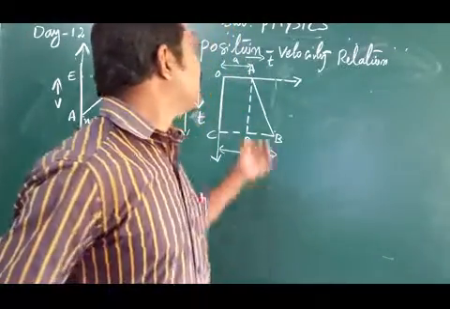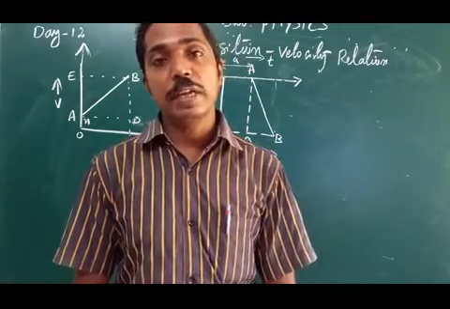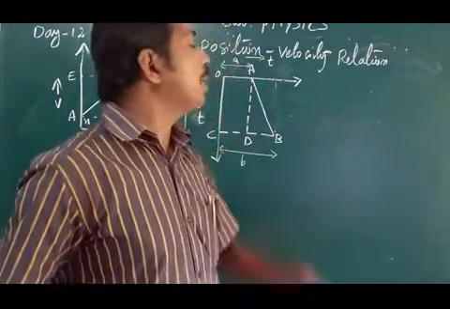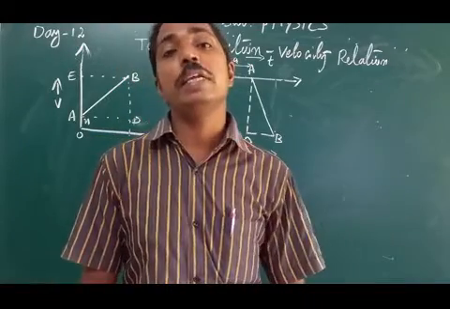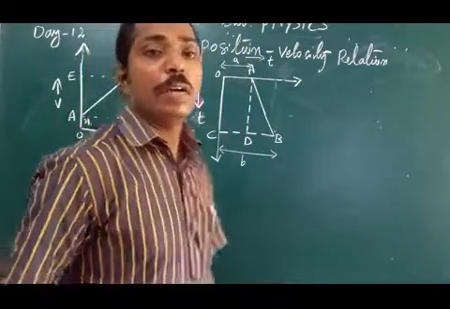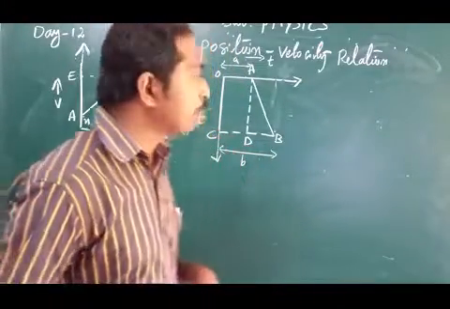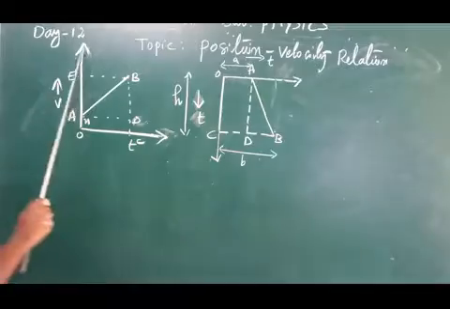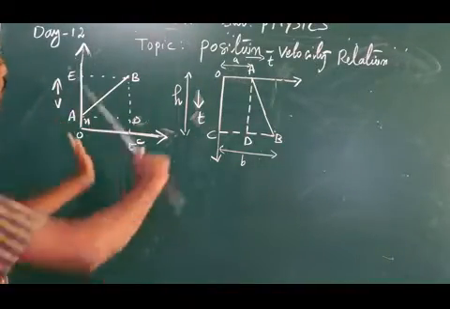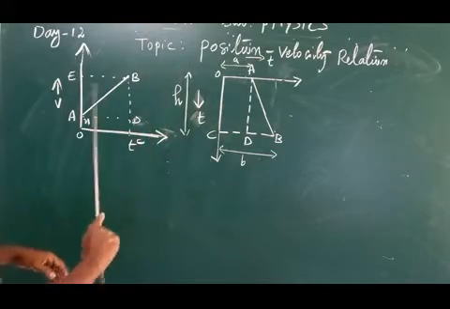So we have a position-velocity relation. Here we eliminated the time. Time is not there, eliminated. Then only position and velocity remain mainly in the equation. The time factor is not there. Here we are using the previous graph in another form. In the previous two cases we used this graph only, the velocity-time graph. But this graph is just turned. When turning, the x-axis and y-axis are just turned.